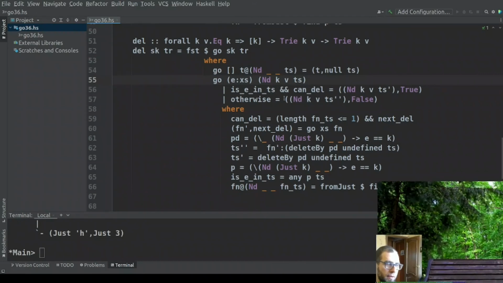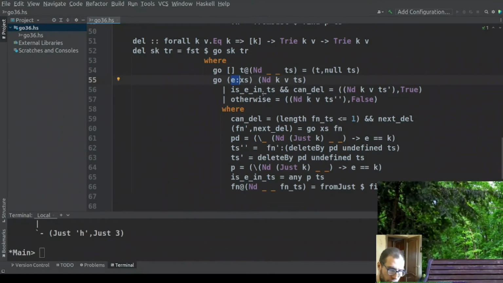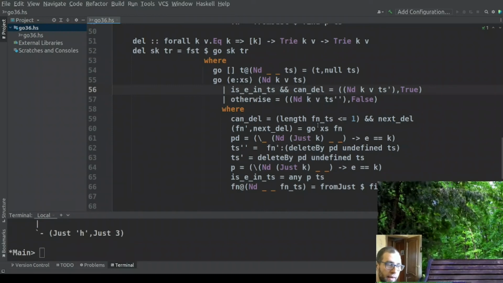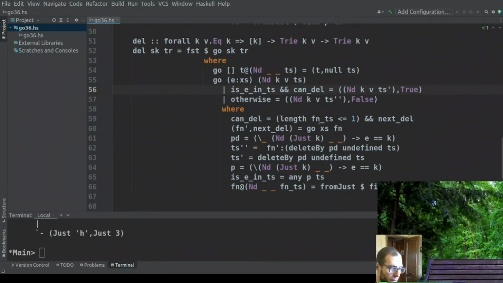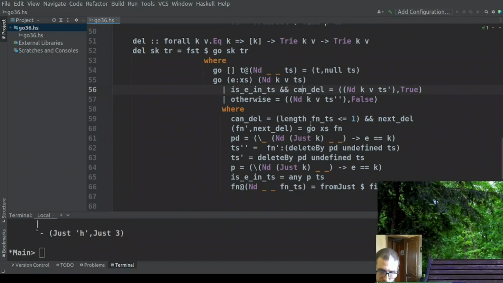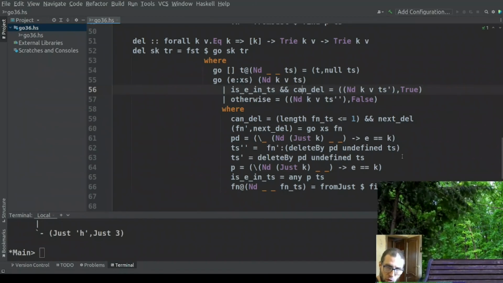and at that step I can say that I can delete this node. Of course, I can delete it if it is inside the subtrees, and it can be deleted. What I mean is, I can delete it if it has no neighbors. And also they delete the subnode. So I delete the subnode with recursion, and if this subnode can be deleted, I mean in the structure, I can also delete this node, but only